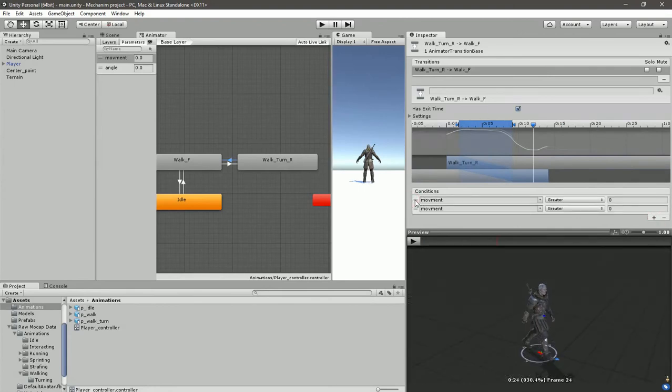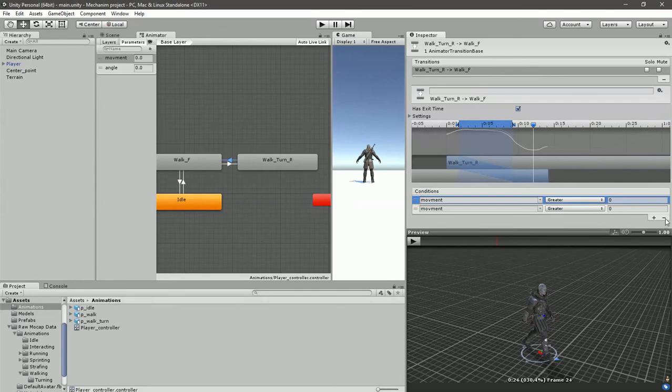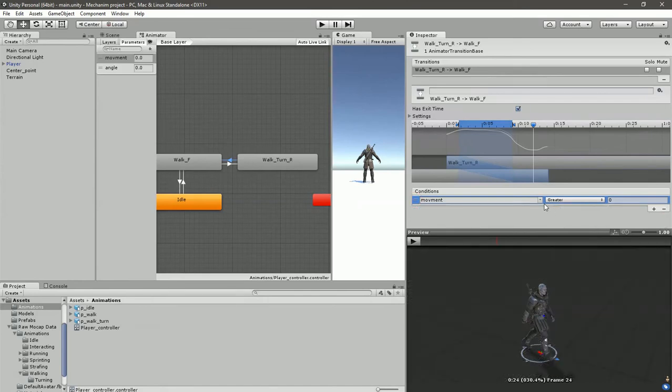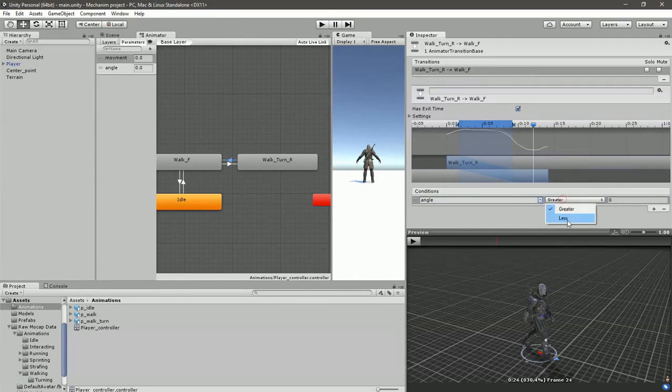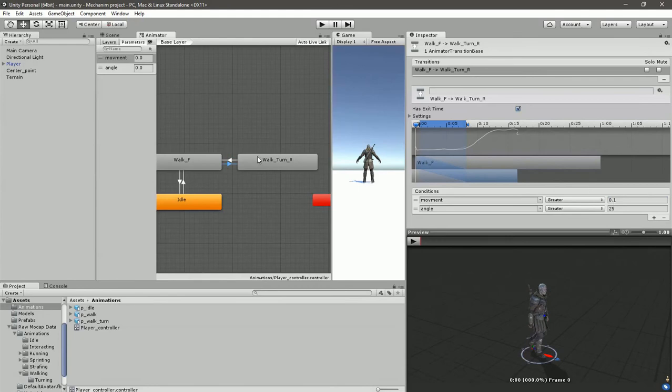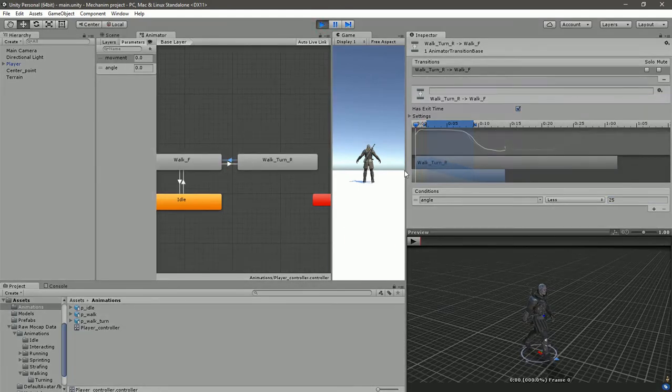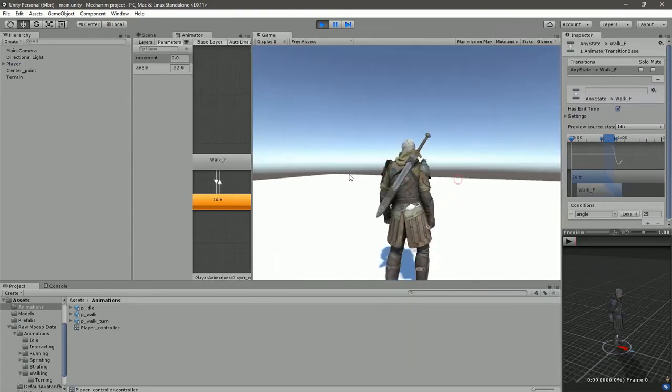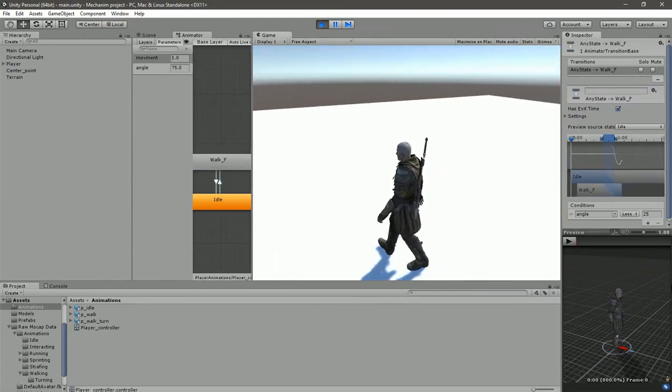I don't really need the movement condition for now. I just need an angle condition, and it must be less than what I just set, 25. Now let me, okay, when